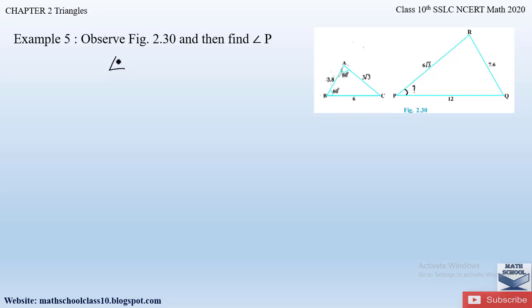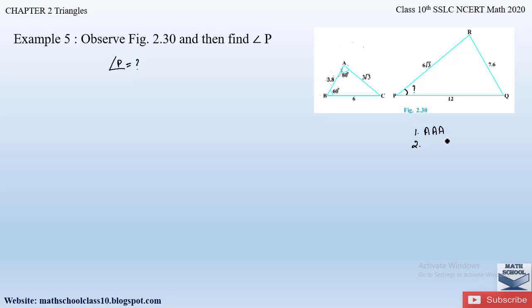Here write down, we have to find the angle P. If you observe here, there is no line parallel to any side of the triangle, so we cannot apply the basic proportionality theorem. So we have to apply the similarity theorems or criterias here. As I explained in the previous video, that is in example number 4, the similarity criterias are, the first one is angle